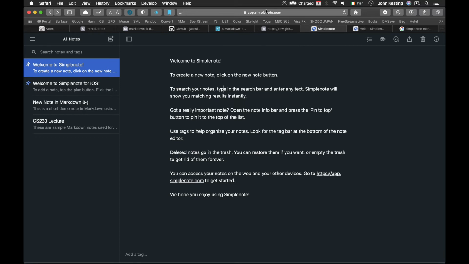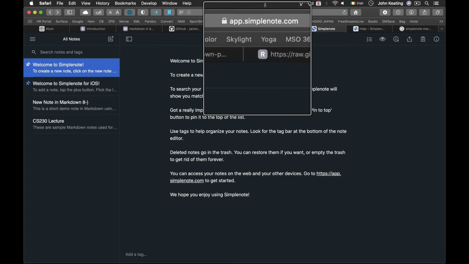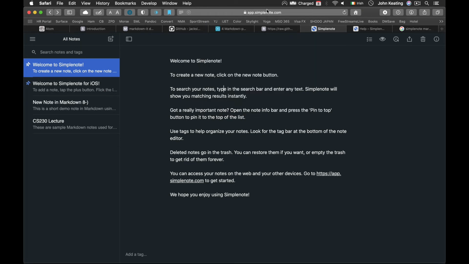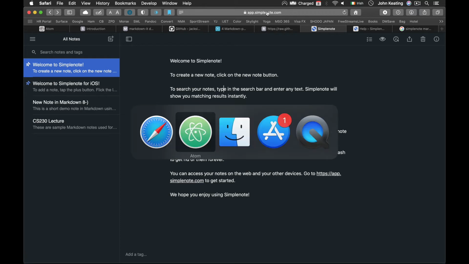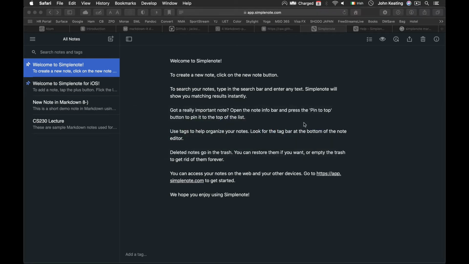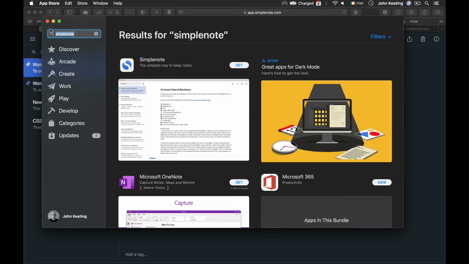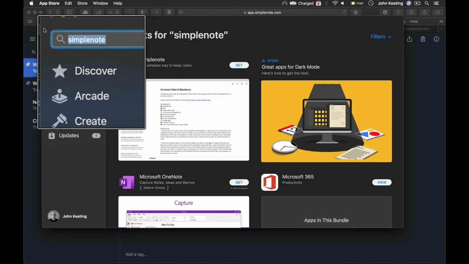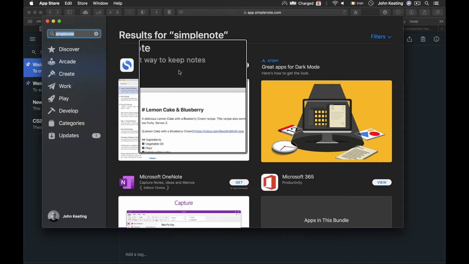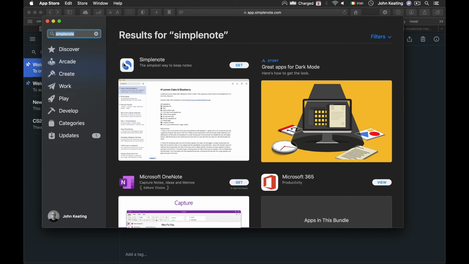So one way to do this would be to maybe install an app, SimpleNote, simplenote.com. It's app.simplenote.com, and you'll find it for you. And you could go to wherever you install your apps. So I searched for SimpleNote in my app store on macOS and found this. I got it installed. It's entirely free, and there are no in-app purchases or any of that kind of stuff there, so you don't have to worry about that. So I installed this for macOS,